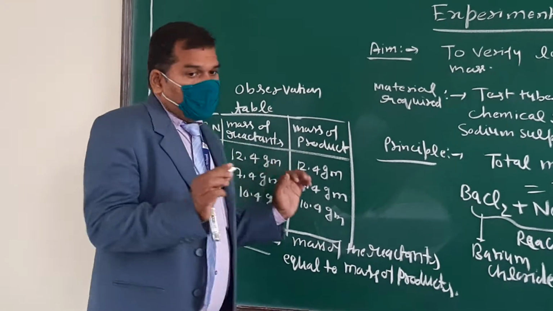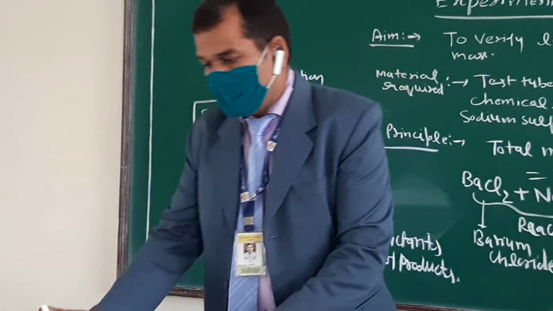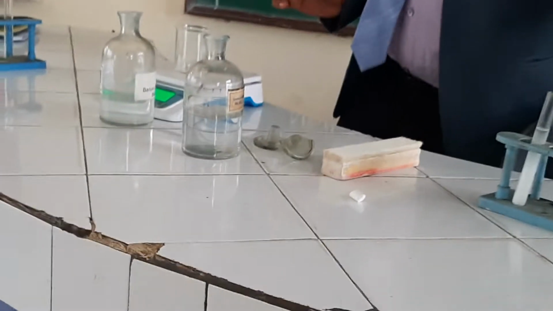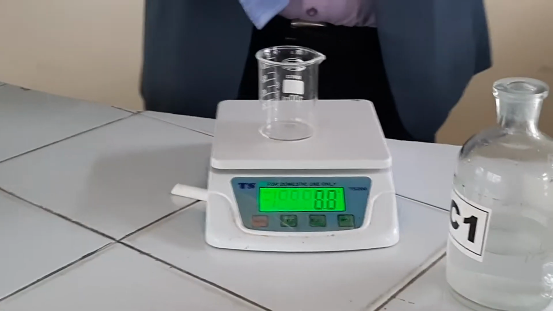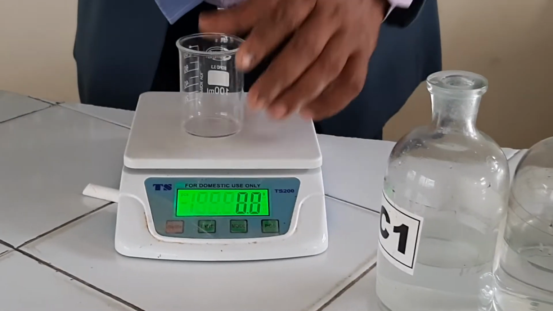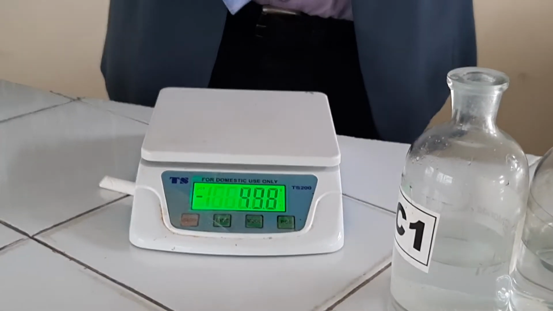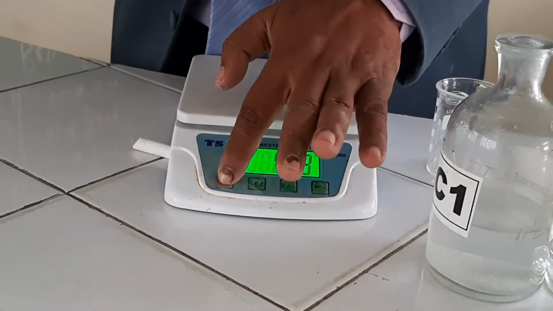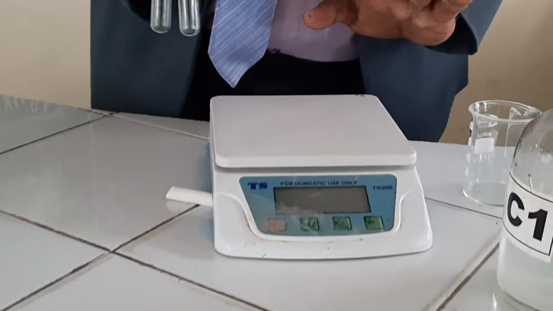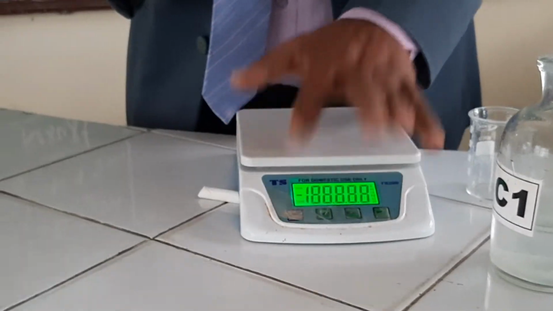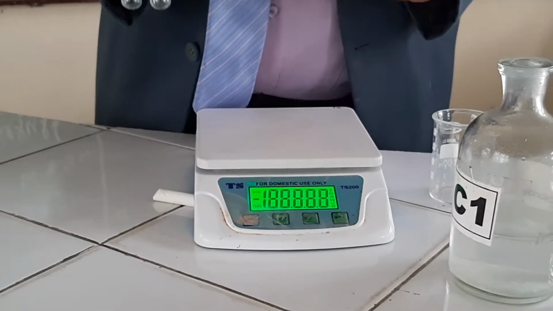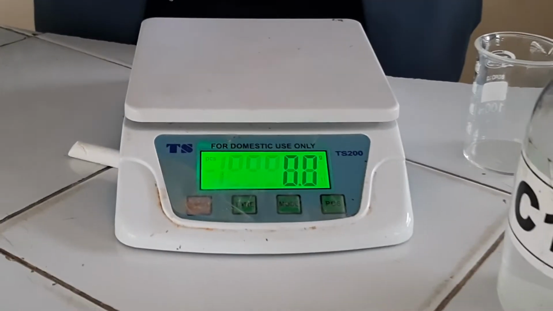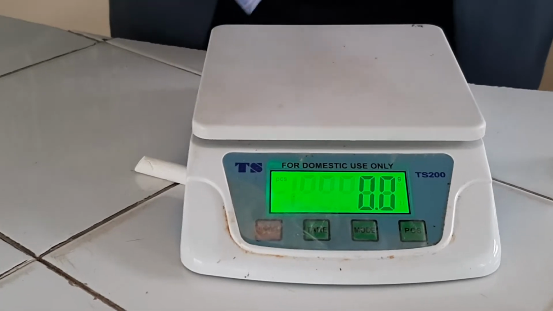First of all, we take a test tube. Let's see how to perform the practical. All of you see, this is an empty test tube and this is a beaker. Here this is the electrical balance. Okay, how to use the electrical balance? We use it here. All of you see the reading. It is visible to all of you.